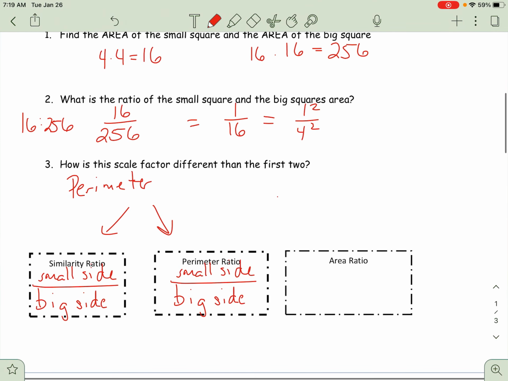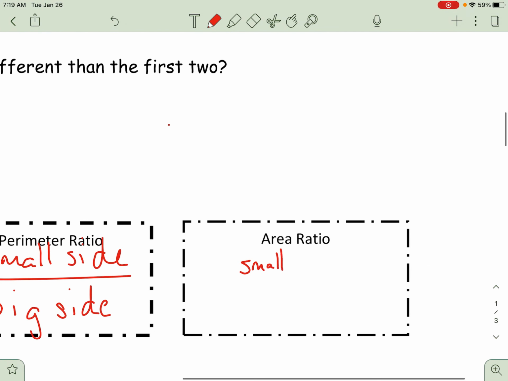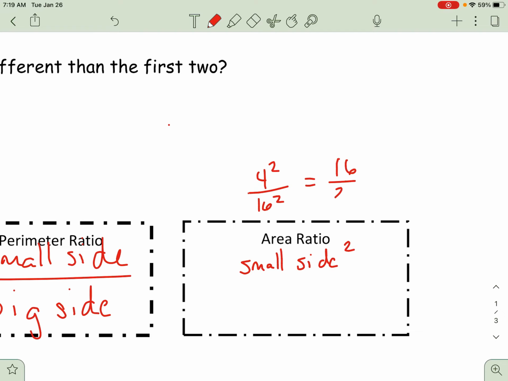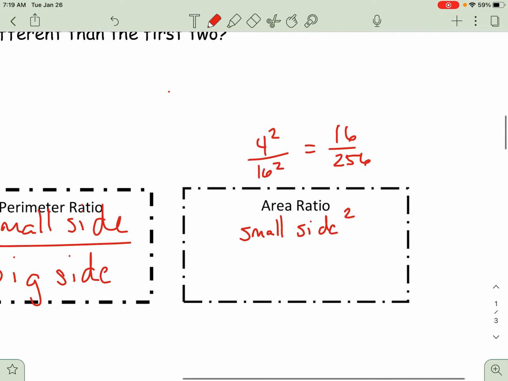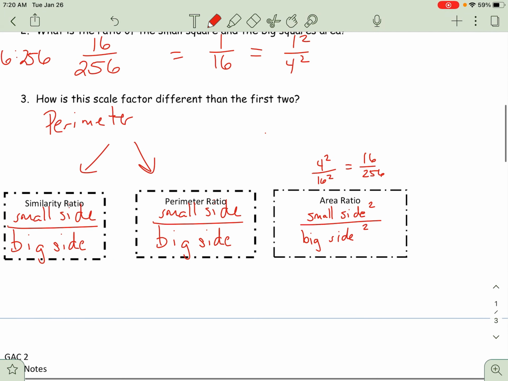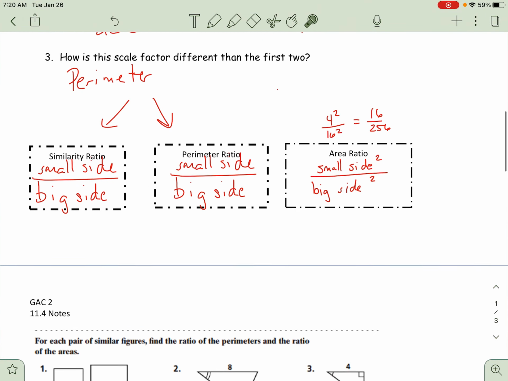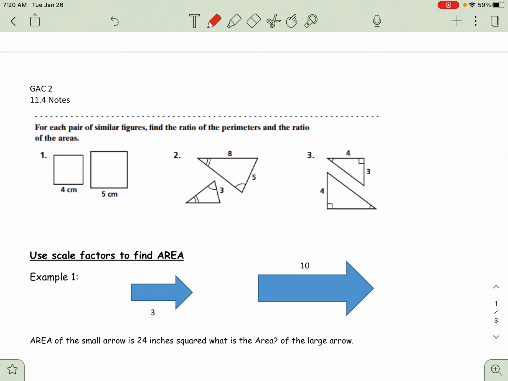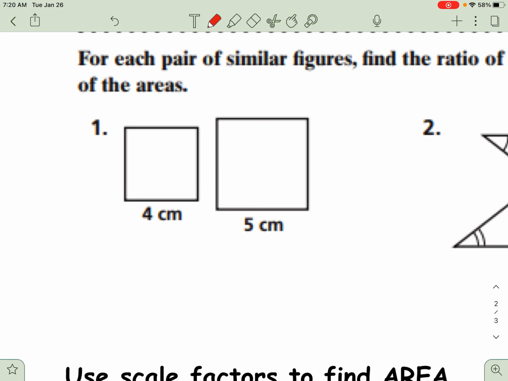But with area, you take that small side, which in this case was 4, and you square it. Remember, we had 4 squared over 16 squared, which is 16 over 256. So the area is the small side squared over the big side squared. Okay, so that's a difference. Perimeter is just the small side over big side. Area is small side over big side, but you square both numbers. All right. So let's go through each pair of these similar figures and find the ratio of the perimeters